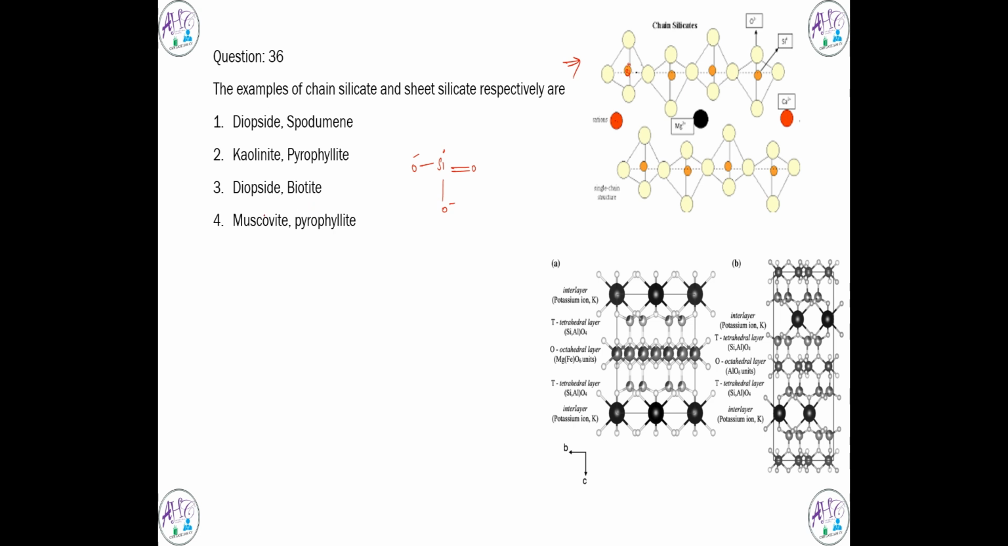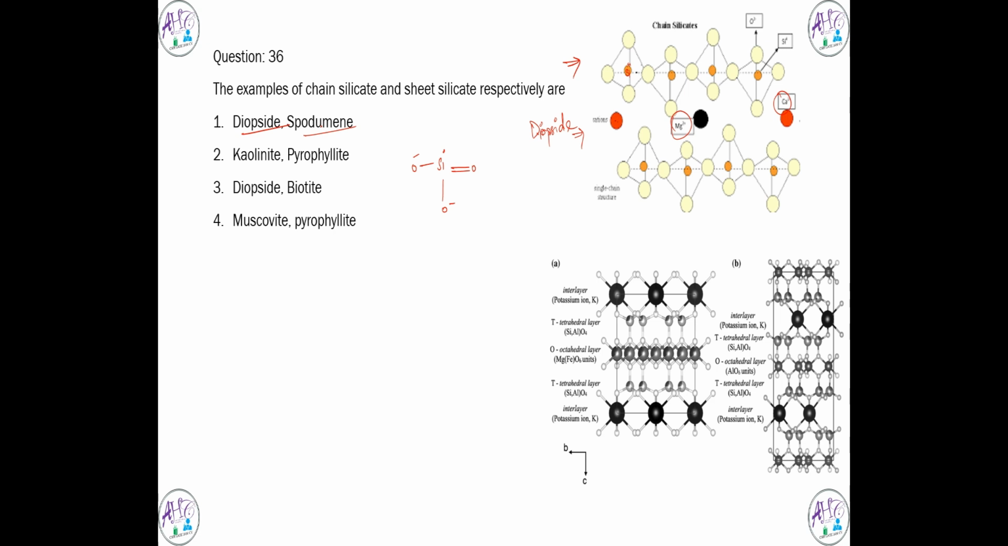Okay, first let's focus on chain silicates. So first we have diopside. Diopside is nothing but your magnesium and calcium. Okay, this is the example for your diopside. This is your diopside chain silicate. Okay, and then what is